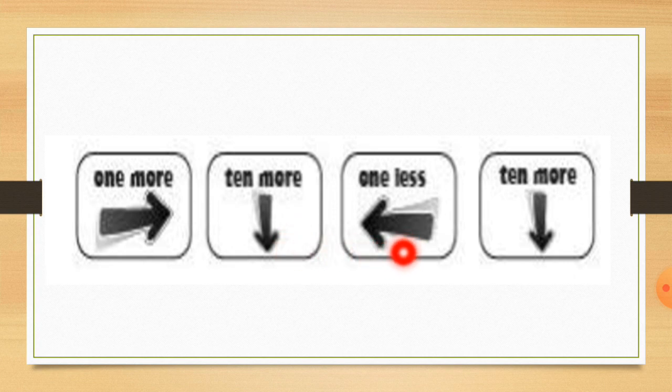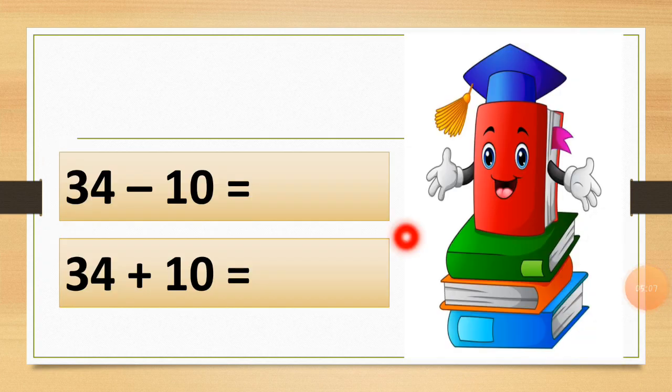Then if you want to subtract just one, you have to go left just one step. Just keep this in your mind. You have to just move one step from the number, then you will get the right number. And here is the next one, plus 10. Again, as I told you, plus 10, you have to go down, students. And the opposite, if you want to subtract 10, you have to go upside. How? We will see through the example, students. Let's understand this with the example.